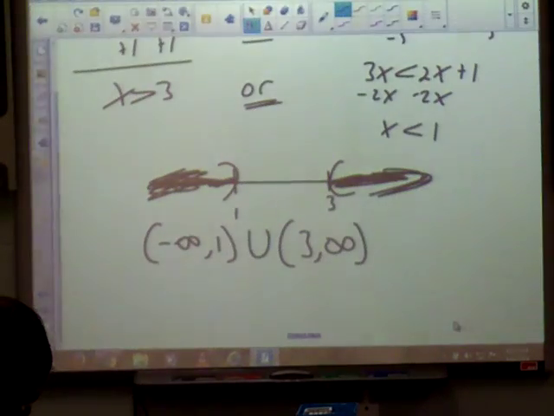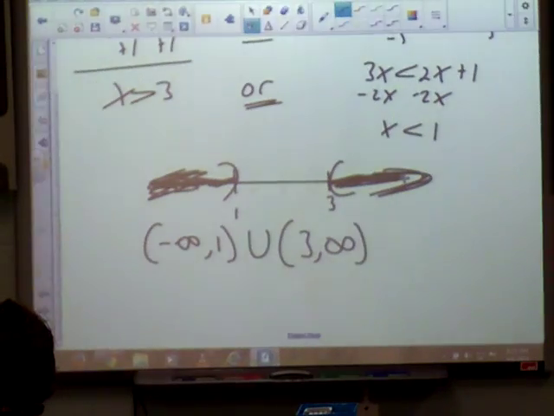Now, on your or graphs, most of the time, this is what they're going to look like. It's going to be shading in opposite directions. An or, most of the time they go away from each other in opposite directions. Okay, make yourself a note or a mental note about that. Because now, of course, we're going to look at some of the weird ones. Okay, everybody good? Here we got